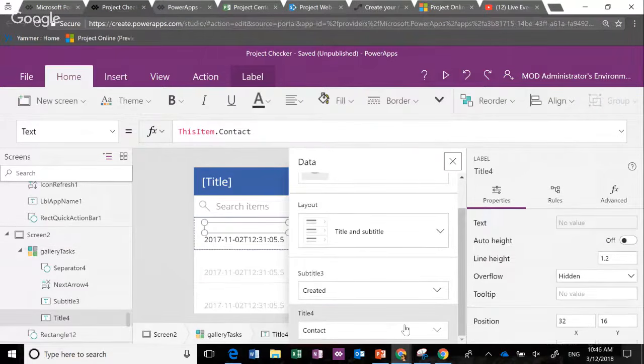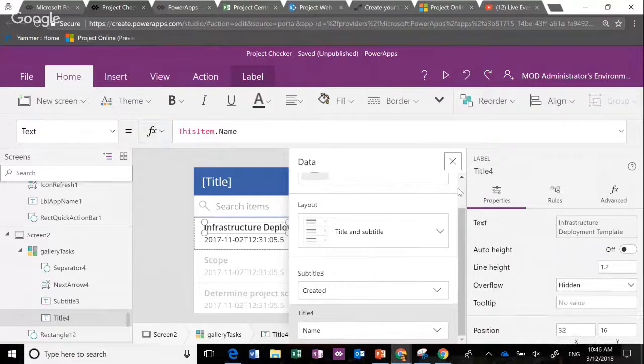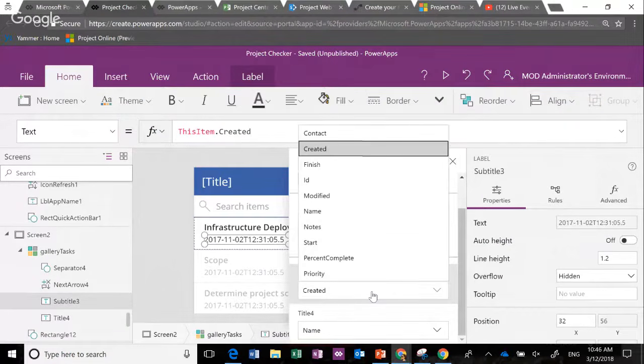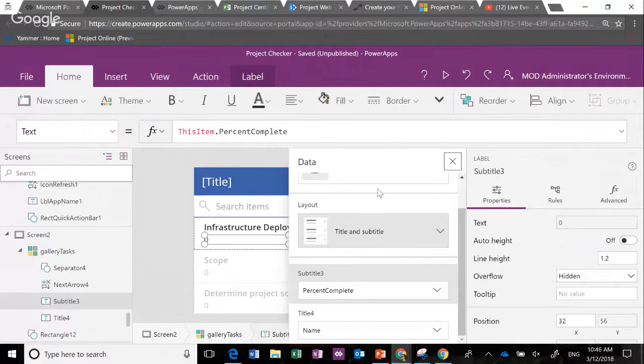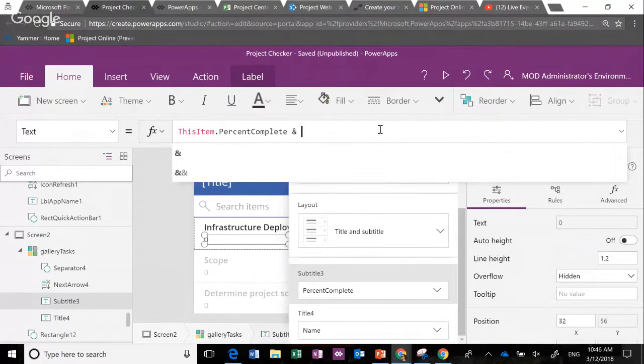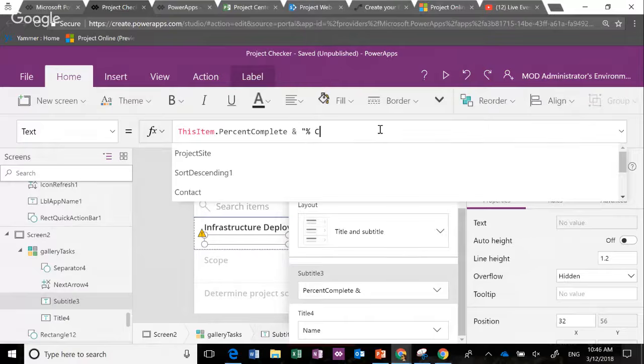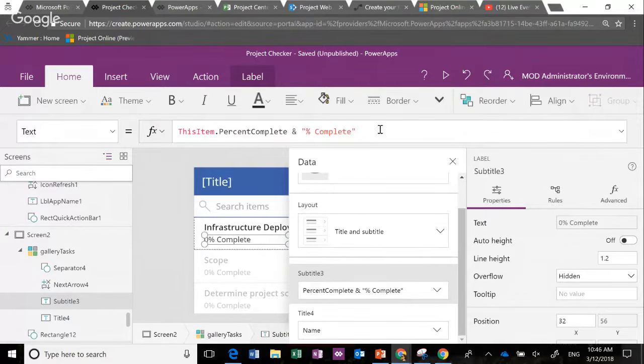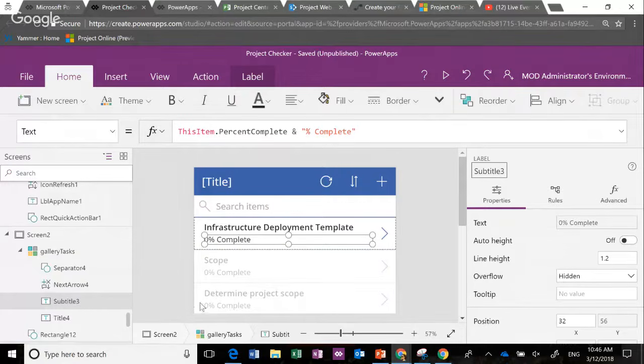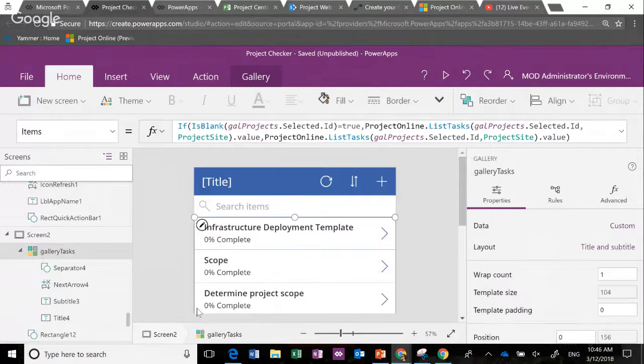Okay, let's do this. Name and % complete. Notice how I kind of fill out the text that people need to see. And then the item for this, so I